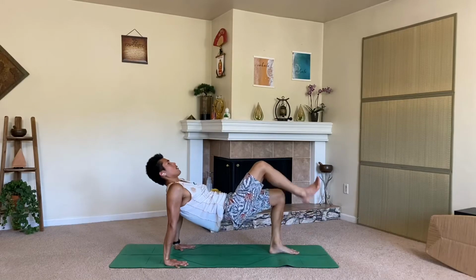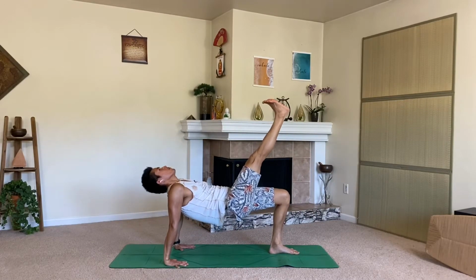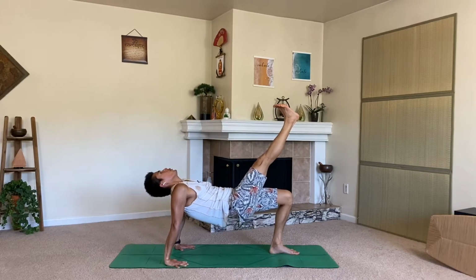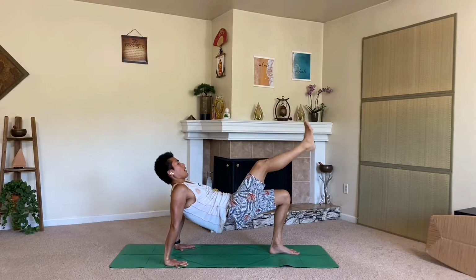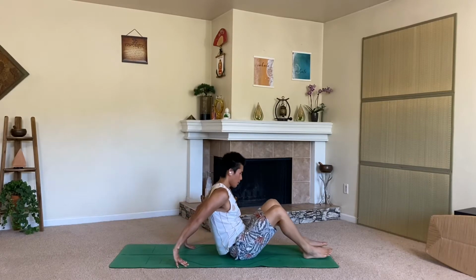Release down, other side. Let's go. Extend it up. Keep pressing those hips. Press out through the shoulders for 3, 2, and 1. Let's release down. Yeah, let's make our way back